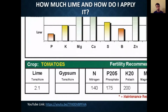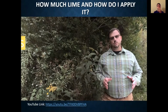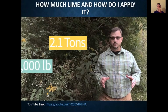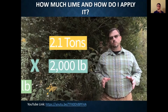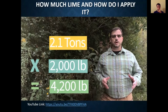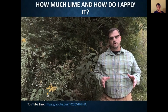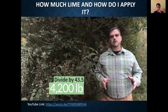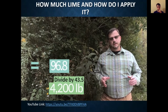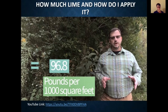So it was recommended that we use 2.1 tons of lime per acre. So multiply 2.1 times 2,000. That'll give us 4,200 pounds. So that means we need 4,200 pounds of lime per acre. So we'll take that pounds calculation, 4,200, divide that by 43.5, and that'll give us 96.8 pounds of lime